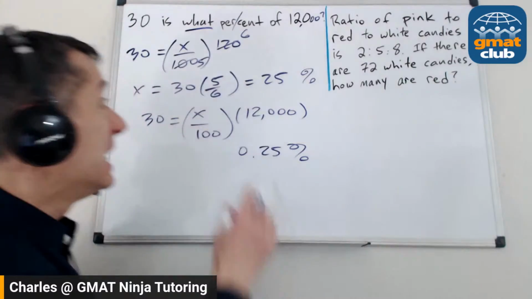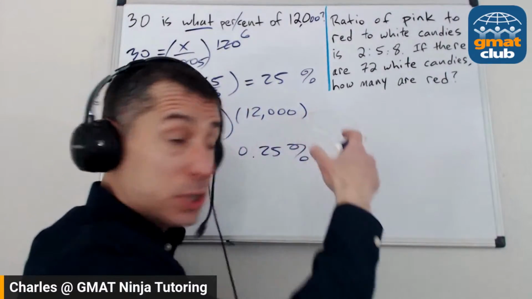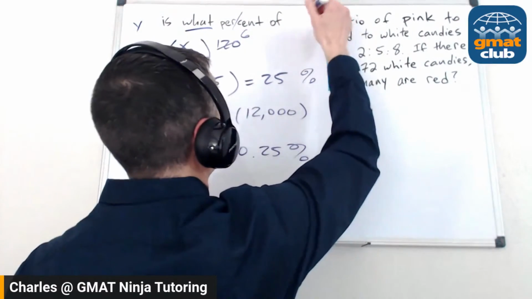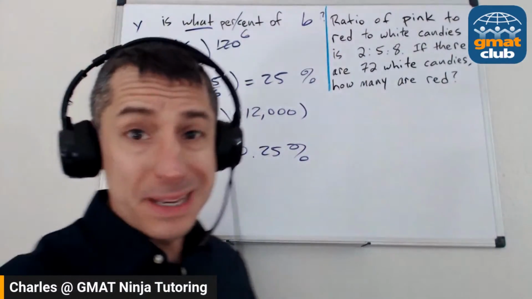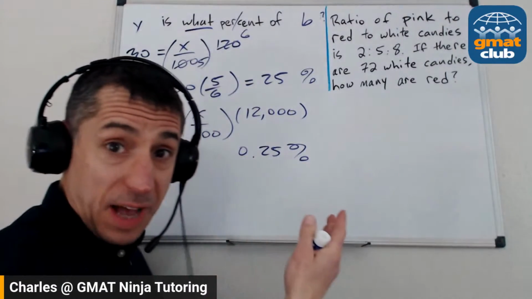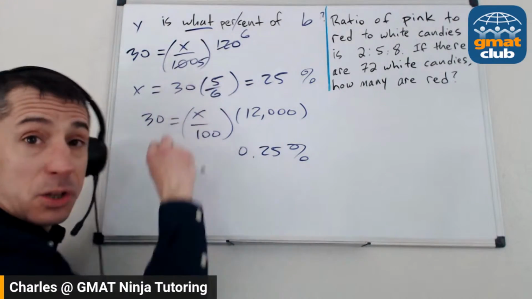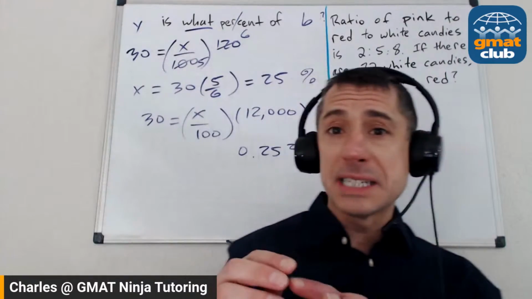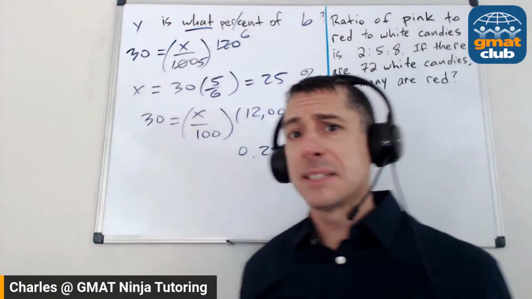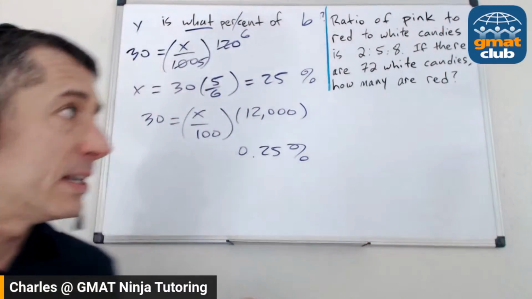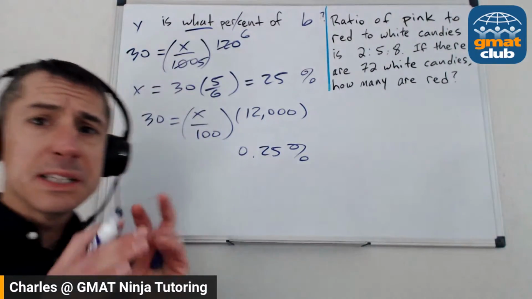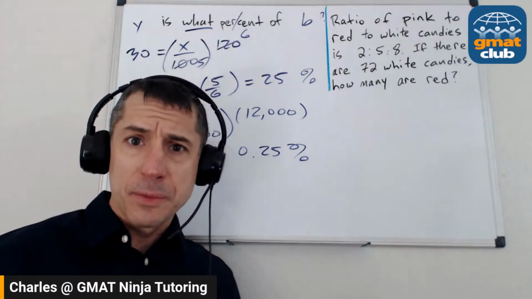Okay, fantastic. Now, if you're taking this tool of translation, we can start tweaking this in all sorts of ways. What if I say y is what percent of b? What does that mean? What's y? What's b? I don't know, but I know I can just punch them in here and it's still going to work just fine. So tool number one on percents, you're going to see this all over the place. If they give you that opportunity to translate, do it. Every word in a problem like this is going to lead you to some nice little clean symbol that you can stick into an equation. Okay, hold on to that. We're going to play with that a little bit in some of the questions today. It's not the only important tool on percents, but it's one of them that I want you thinking about.